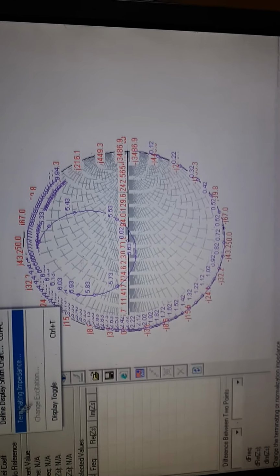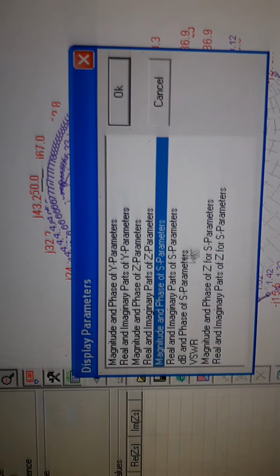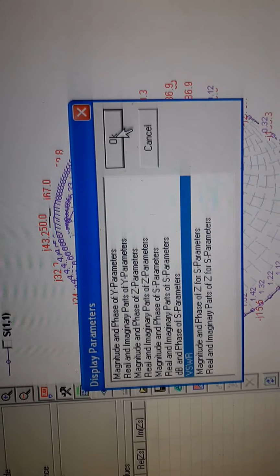Whenever we require, we go to define display graph. What type of graph do we need to measure? Either magnitude and phase of the Y parameter, real and imaginary part of the S parameter, dB of the S parameter. Now another thing is VSWR. If we see VSWR, it is also shown.